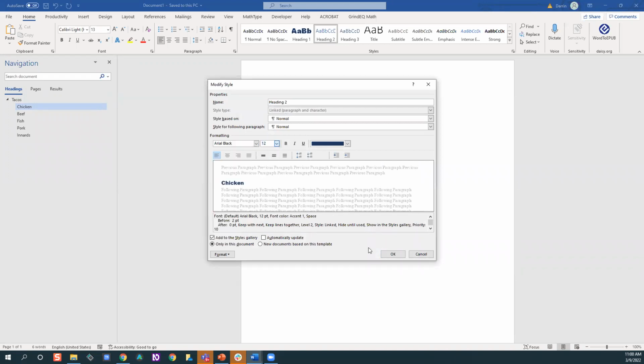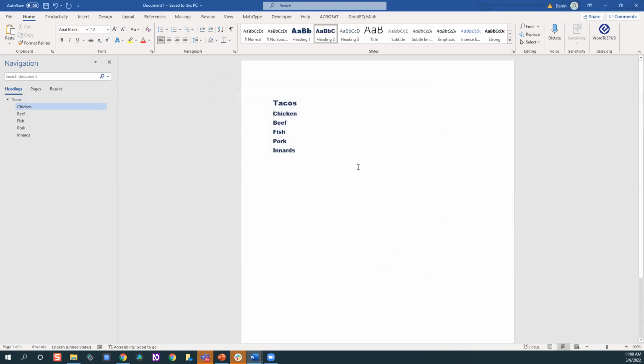And I want them to be 12-point font. So I click OK, and it changes all of my heading 2s. So it automates that process for me. So if I start adding different kinds of chicken tacos, I can click on chicken, fish, and it'll take me right